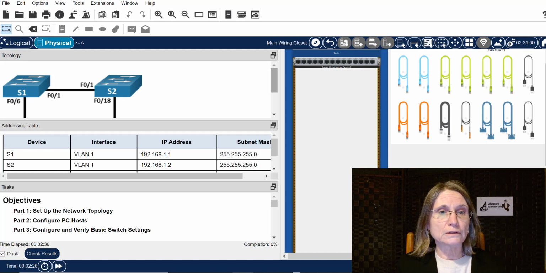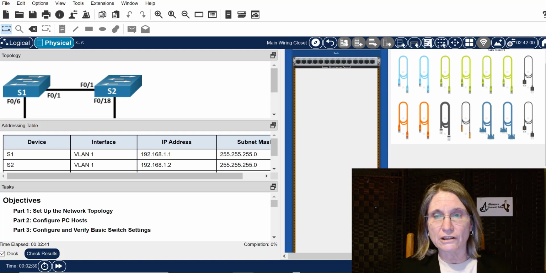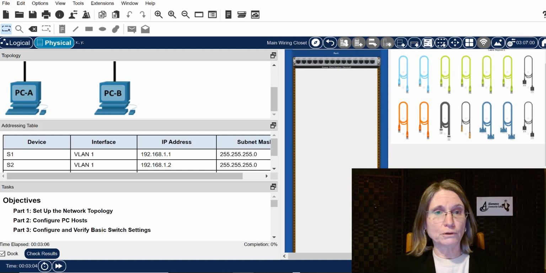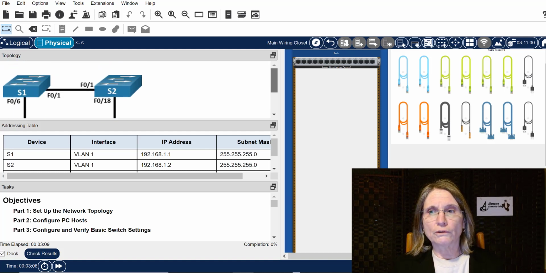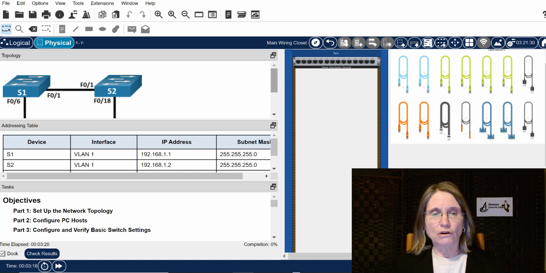You'll recall from other networking classes that when we cable together 2 switches or 2 like devices, we use something called a crossover cable. And when we are connecting dissimilar devices, I call it like a dumb device. So a switch doesn't have a lot of intelligence built into it. And something that is an intelligent device, like a computer, then we use what's called an Ethernet straight through cable. So those things will come in handy to us while we are setting up the physical view